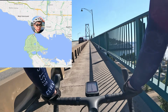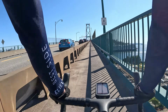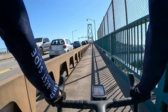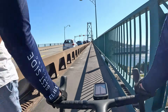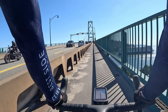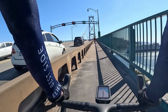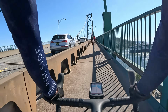So we're here now on the Lionsgate Bridge, and like a lot of the setups here, which I really like, they set up two trails, both one-way directions. Right now we're headed in the southbound direction on the west bike trail. I call it a trail, but you will encounter pedestrians here as well, and you definitely need to take note. The whole thing is only about 1,500 meters, 0.9 miles, but you can already see there's an amazing view. There's a giant ferry that's leaving out for probably some great vacation,